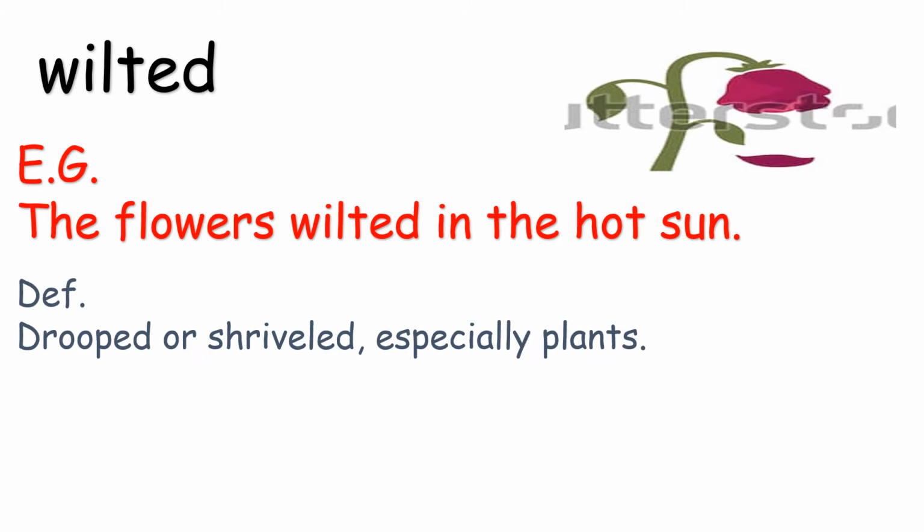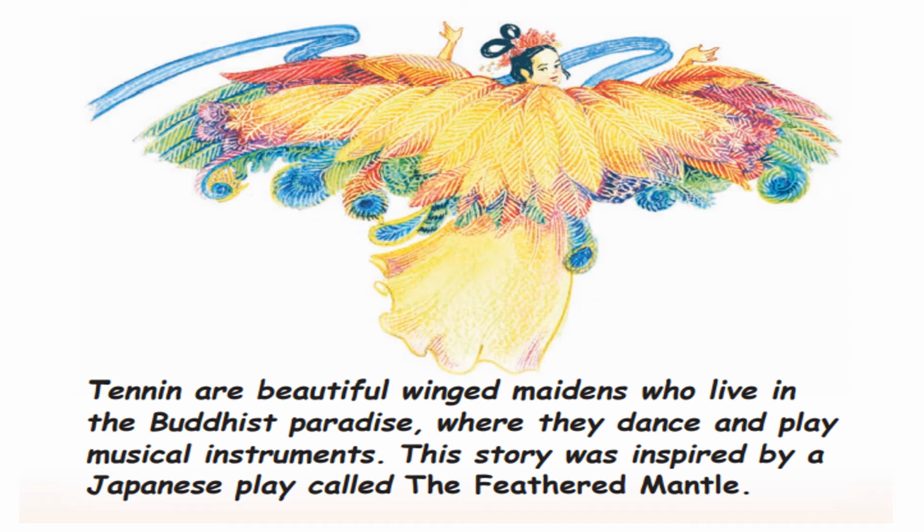So look at this picture. It's a flower. Is it fresh? No, it's wilted. For example, the flowers wilted in the hot sun. So wilted means drooped or shriveled, especially for a plant. And the antonym of wilted is bloom. Now, let's move